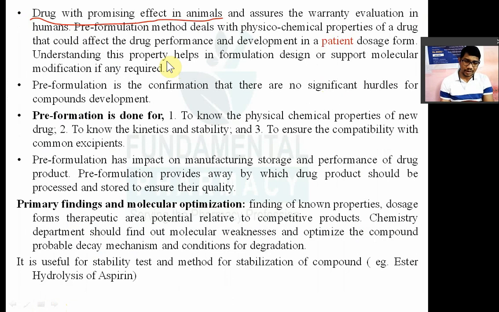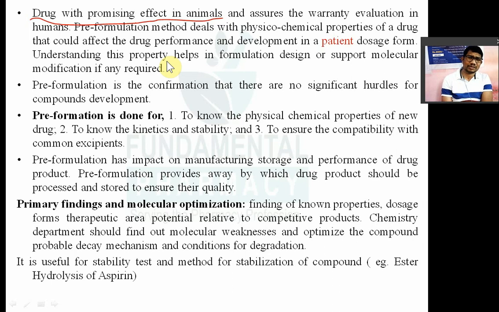अगर आपने कोई रिसर्च किया, फॉर एग्जांपल एक प्लांट है, उसमें आपने देखा कि अल्कोलाइड्स ग्लाइकोसाइड प्रीलिमिनरी टेस्ट से ये अल्कोलाइड्स का क्या इफेक्ट होता है एनिमल के ऊपर, नया कुछ अल्कोलाइड है, ये एंटी हाइपरटेंसिव है, आपने रिसर्च किया, ओके, if you got a promising effect in the animals, then only you can do its evaluation in the humans. So pre-formulation method deals with the physicochemical properties of a drug that could affect the drug's